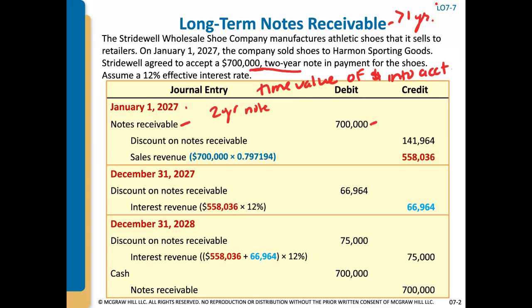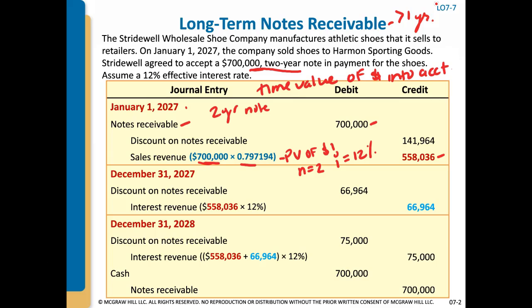So because this is a two-year note, we cannot just book sales revenue for $700,000. What we have to do is find the present value of the $700,000 using the present value table. And this is going to be the present value of $1, where our number of periods n equals 2 because it's a 2-year period, and the interest rate equals 12%, and we're told that. So your sales revenue is going to be your $700,000 times 0.797194. That's directly from the present value of a dollar table,